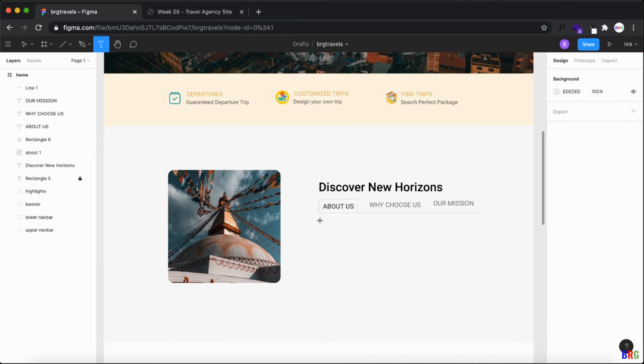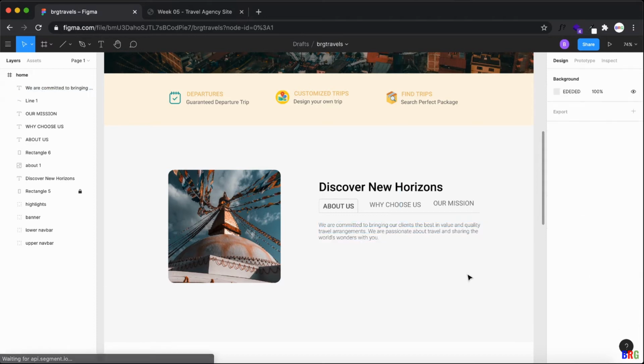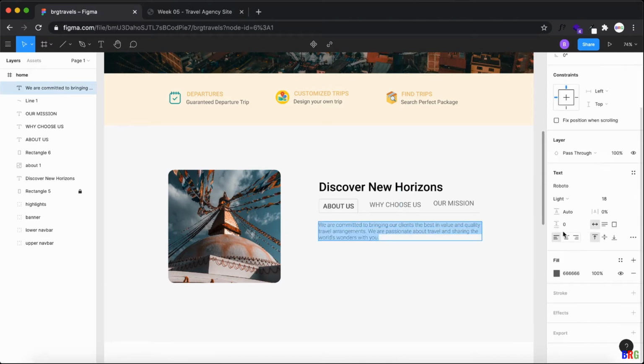Okay, like this, and the same text we can copy here and paste, and CF CF CF. Okay, let's give it as 666 and only light, not medium, and same size should be 18. Okay, a little bit smaller than the heading size, and then let's move it to the next line. Okay, now you can get this nice effect. Let me give the line height as well as 1.5. Let's make it 2.